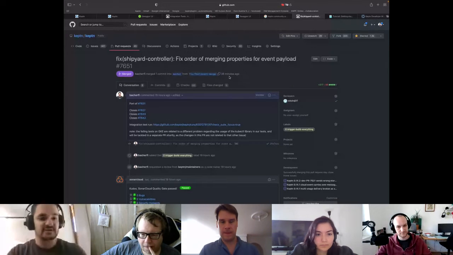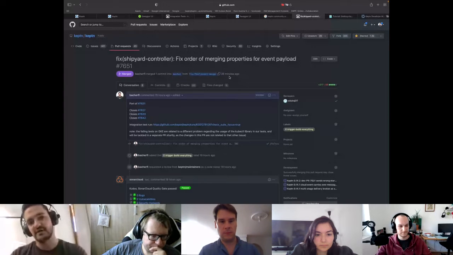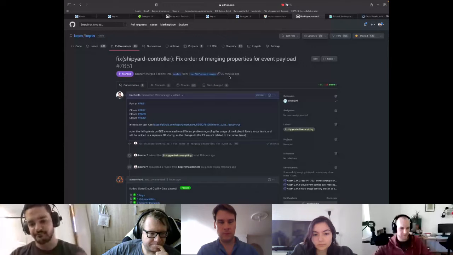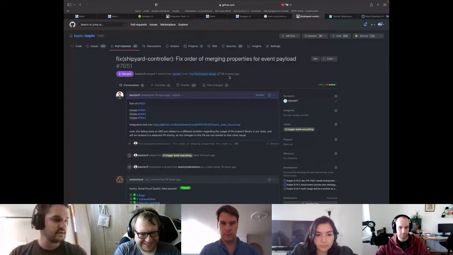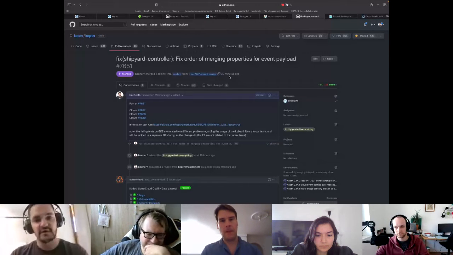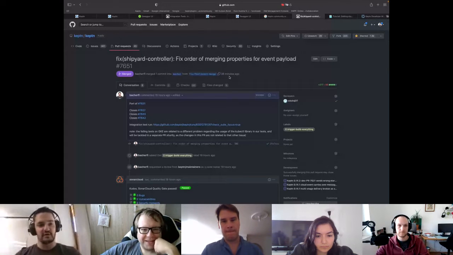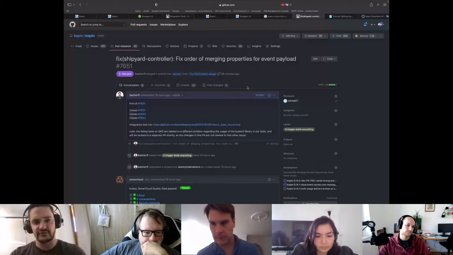So the task triggered events grow across the sequence. And also, if it's a multi-stage sequence, the data from previous stages is also propagated into the next stage. And due to the new model and logic for the Shipyard Controller, there were some slight changes in the merge logic, which messed up some of the use cases,